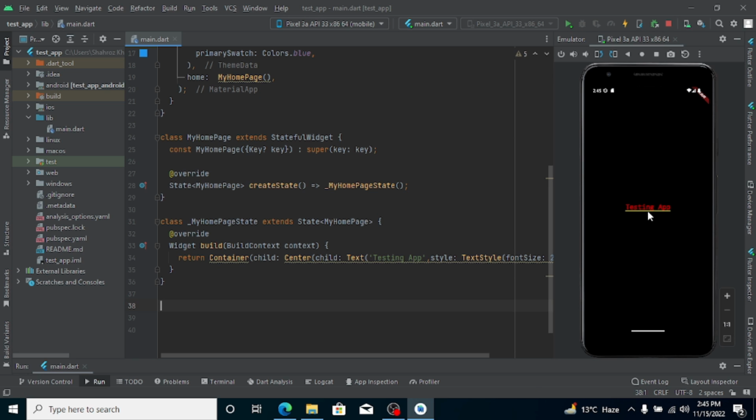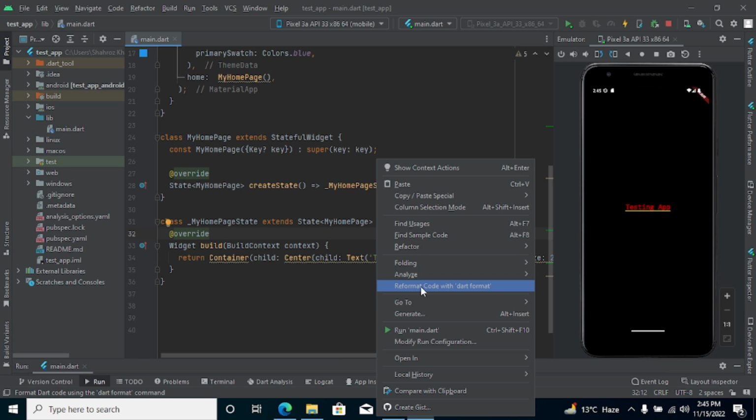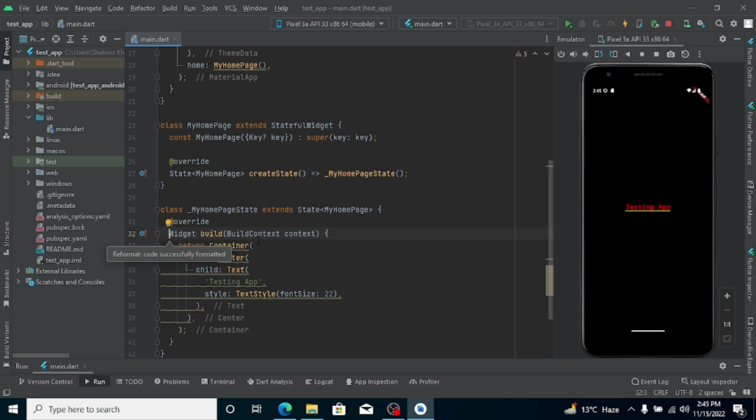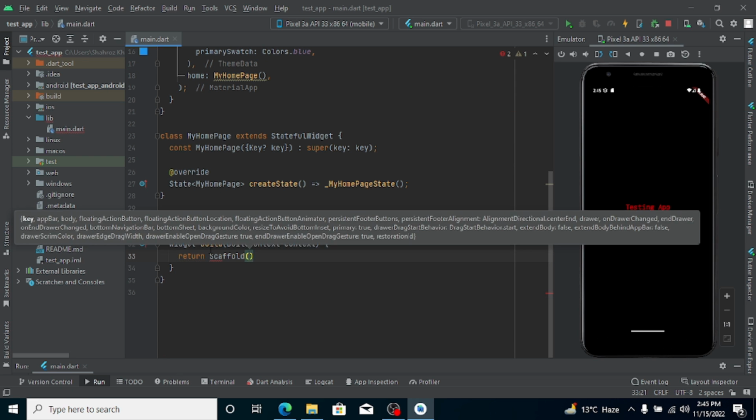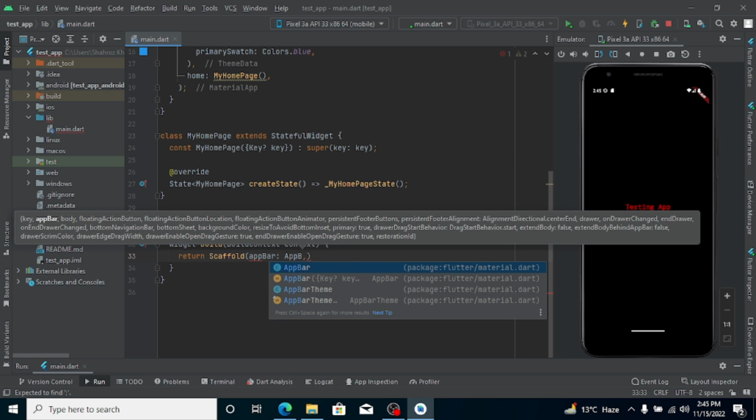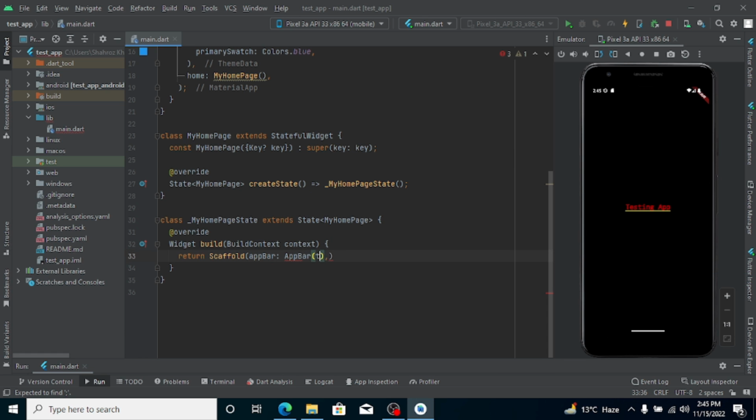Here you see we have the testing app text in the center of our screen. And if I copy this container, let me format the code, and cut this container from here and take a Scaffold instead of container. And in the Scaffold you will get two options, appBar, and we can create an app bar here with the title